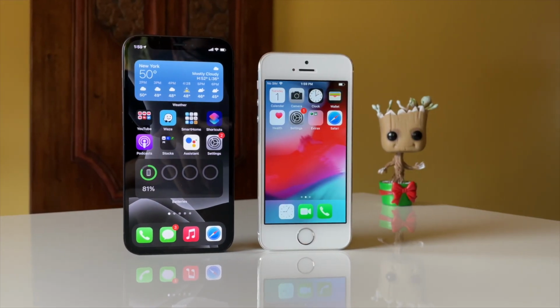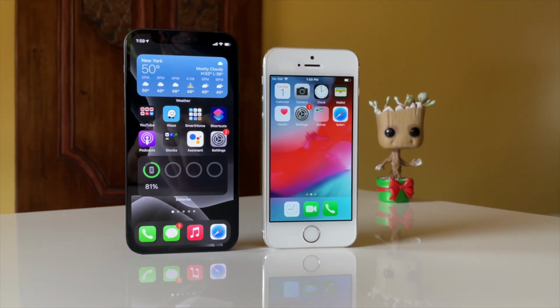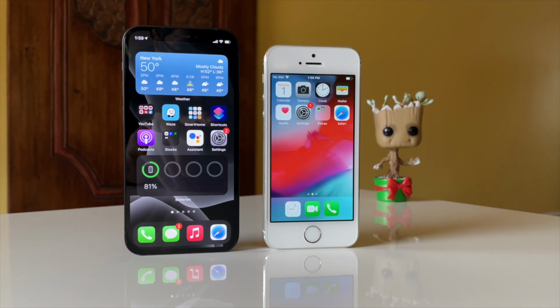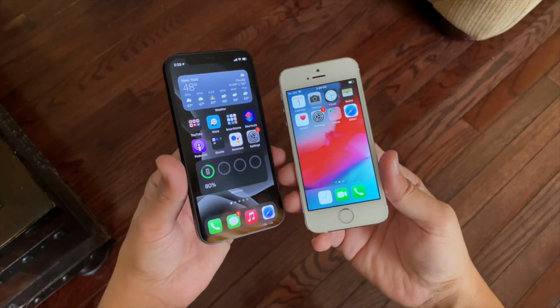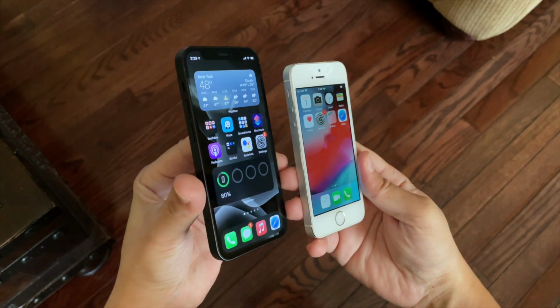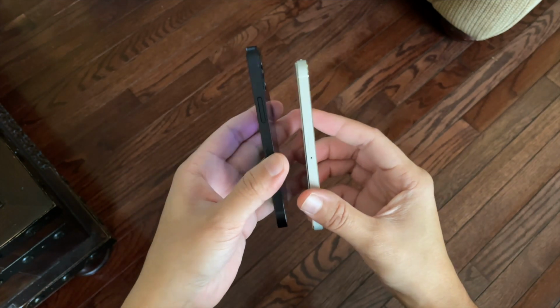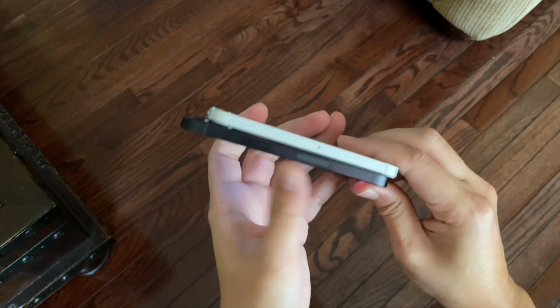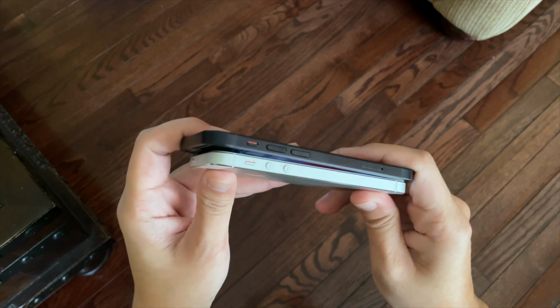But what I love most with the 12 mini is the fact that I got a nostalgia feeling. This size and this form factor just took me back to the older 5, the 5S, the older iPhone SE, the first generation one. When you put this next to an iPhone 5S, they're very much identical. This is just slightly bigger, and in terms of specs and all the features that you get, you've got much more here. But if you were somebody that loved that design, then you're gonna feel right at home with